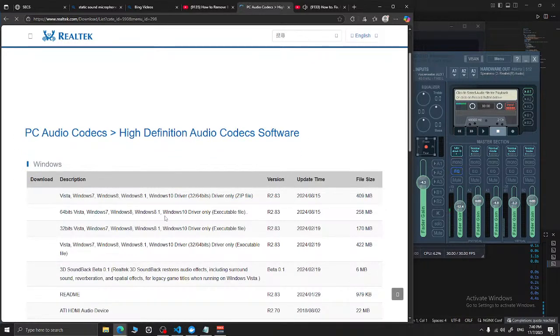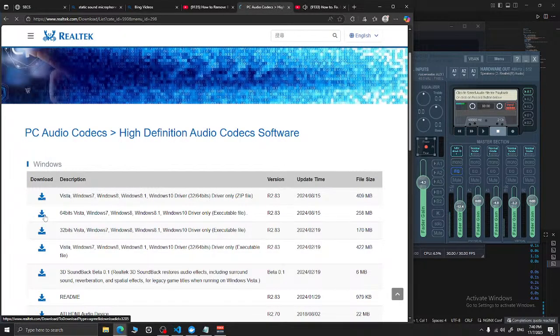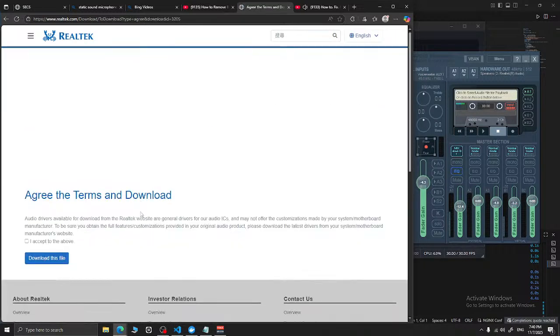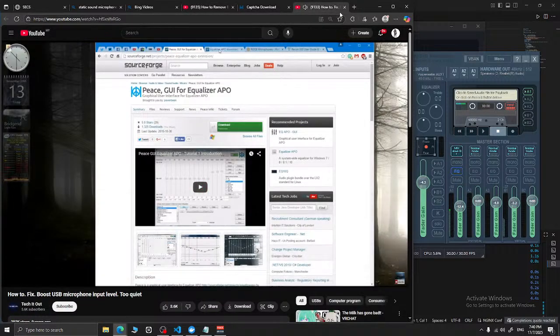So how do you then make the adjustments? Well, you use a second piece of software which plugs into this, which is called Peace. And again, I'll put the location of this in the description bar below. Once you've downloaded this, you take the little program that comes with it and you insert it into the folder within Equalizer APO where it's been installed. And once it's in there, you don't